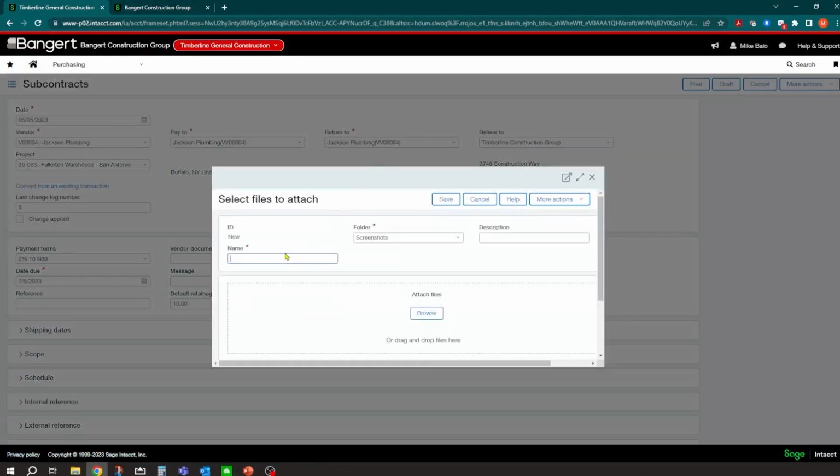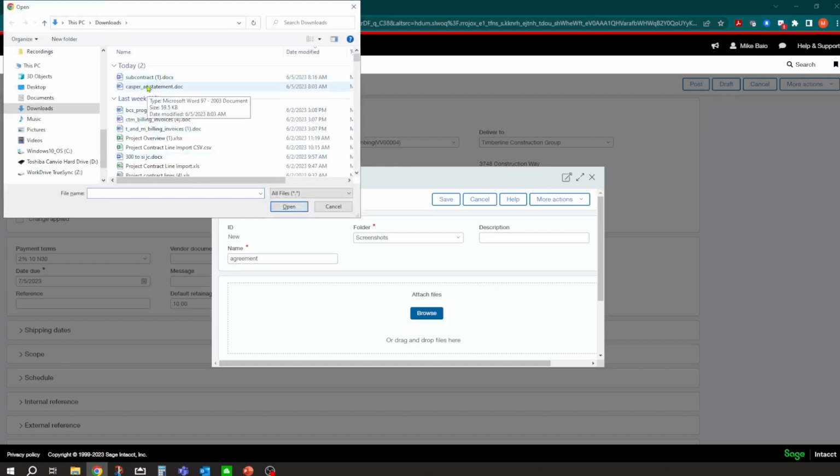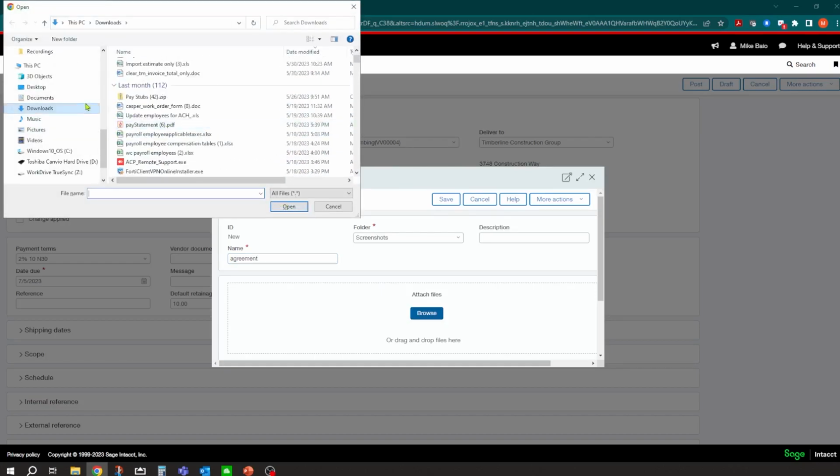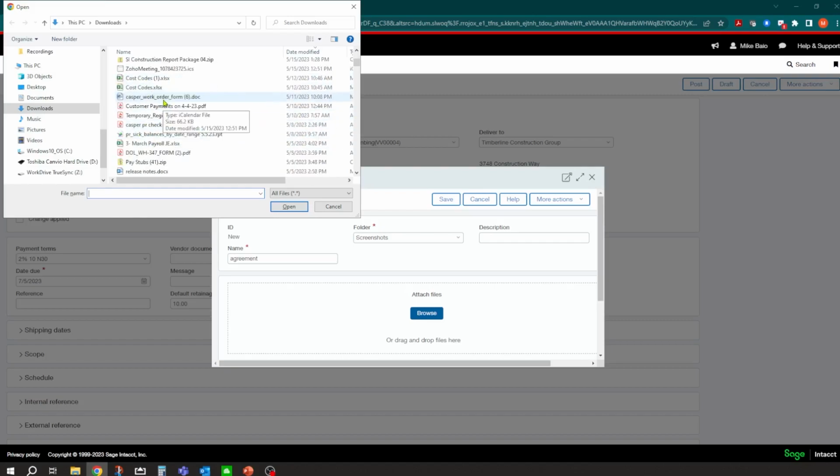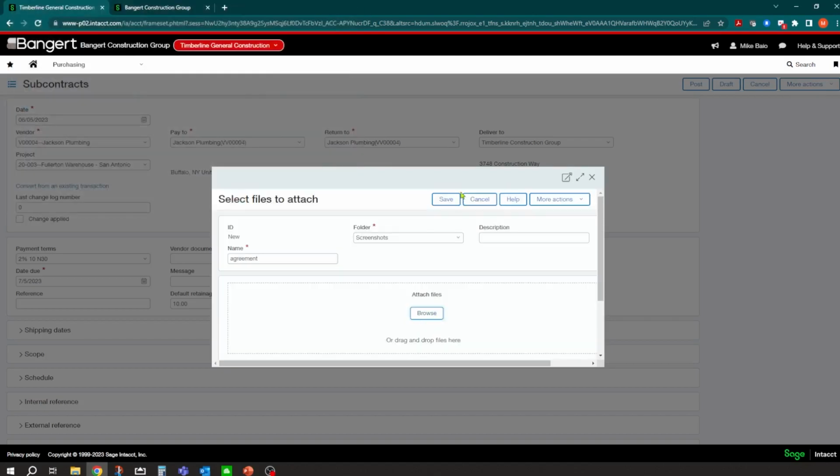Now you could drag and drop them in, or you can browse. So if I have my Explorer open, I can drag it, or I could just grab it and browse and pull it in here. And you'd want to grab a PDF file most likely, or something that's attached online. See if I have anything here. I'm just gonna grab something fake, this one here. Okay, so we attach that in there, save it.